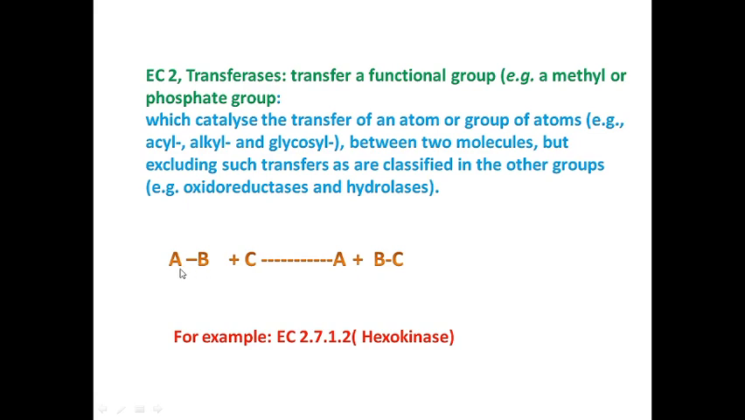For example, here I have a reactant A and B. These are bonded together, plus there is another reactant C. This is a single reactant, and this is the other. What these transferases do is transfer a group. For example, they dissociate A and B, and transfer this B group to the C. This is the reaction. So the example I showed you in the starting, hexokinase, belongs to this class